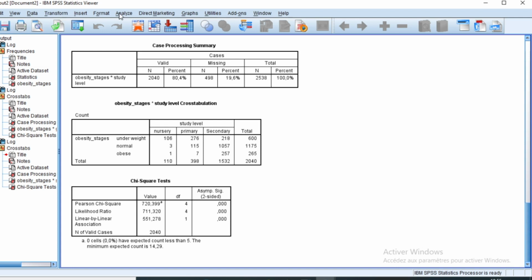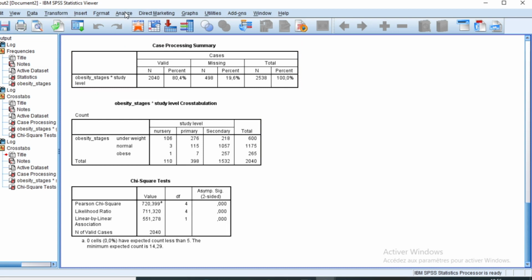The odds ratio is used for binary variables. So that's the first thing you need to know, and it's used to analyze whether or not a factor increases or decreases the risk of